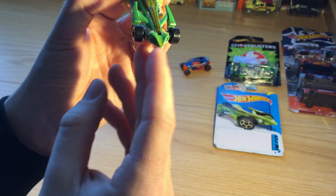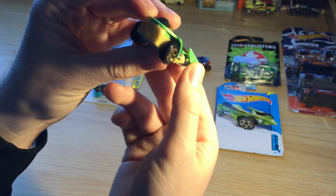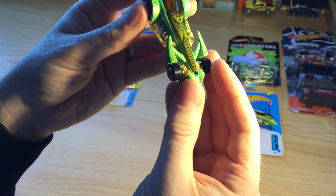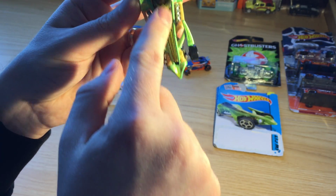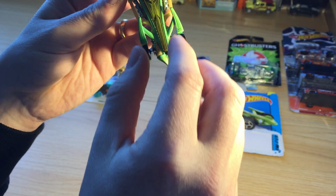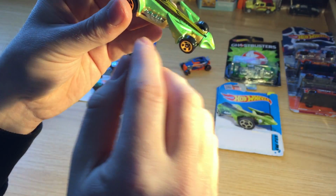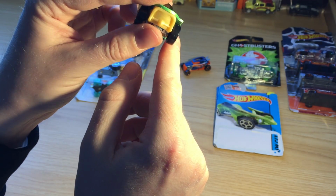I love the front end, the way it's pointed like that. These open front wheels. And again, this one's similar to the other vehicle where it's got 3 or 4 layers to it. It's got the top here, nice color, nice little paint job on it. Then you've got the body, the green part, which is metal. And then you've got this yellowish, almost light skin tone